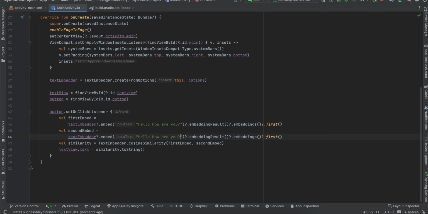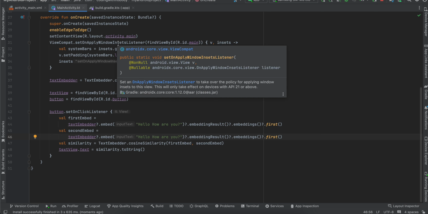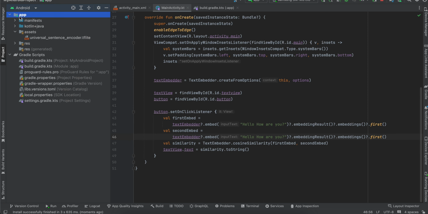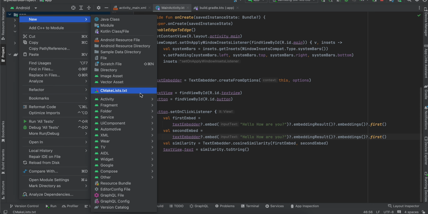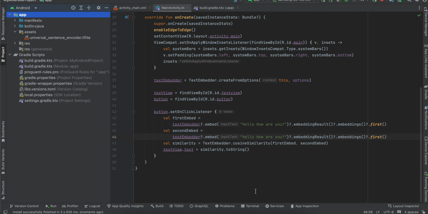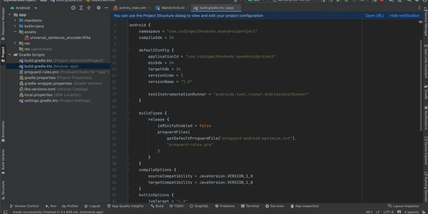So first, once you create an Android project, you will have to create an assets folder. Just right click on your app, new folder, assets folder, and click on finish. I have already created it, and inside the assets folder you will have to drag and drop your TF Lite model. Once you do that, the next thing you will have to do is open build.gradle.kts,